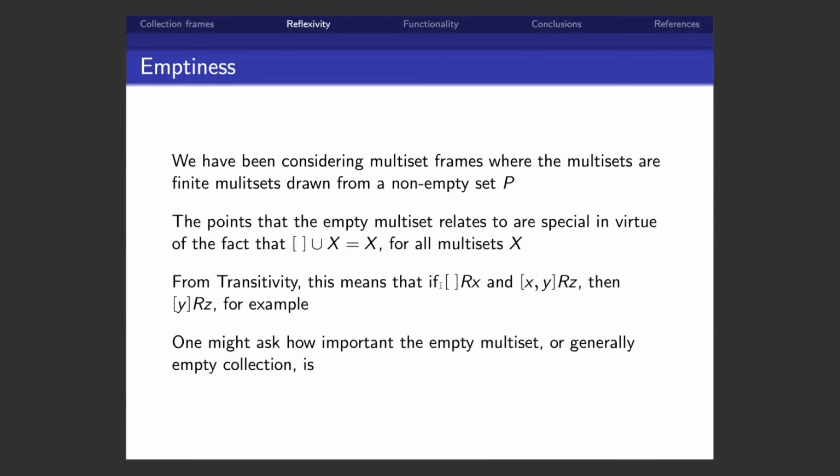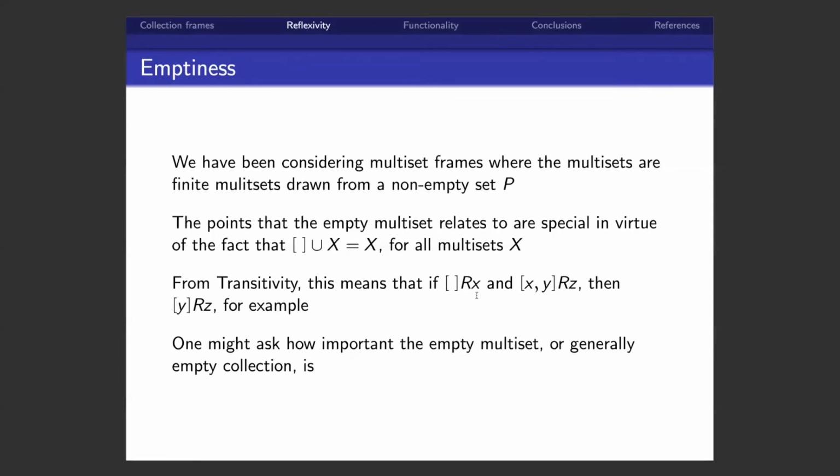For example, if you have the empty multiset relating to something, and that appears in a multiset with another point relating to, say, Z, you can just delete the ones that are related to by empty, and you still have the relation between the rest of the multiset and Z. And evaluation means that you sort of have the converse, that points that are related to by the empty multiset can just pop up in